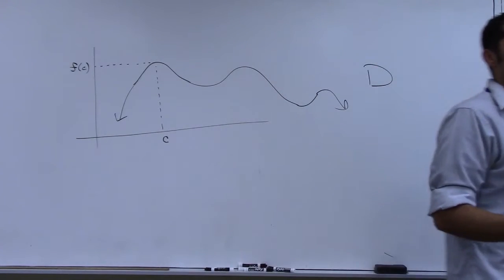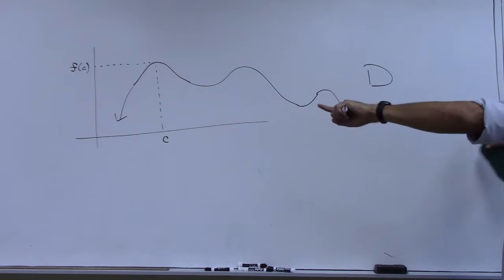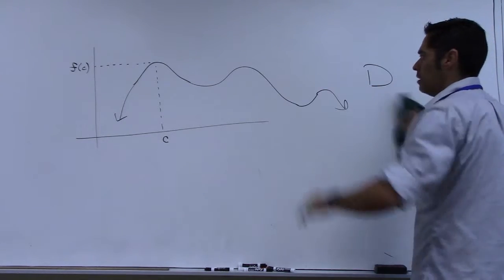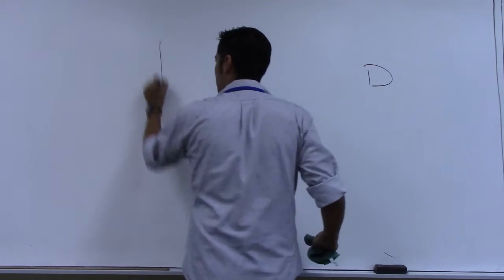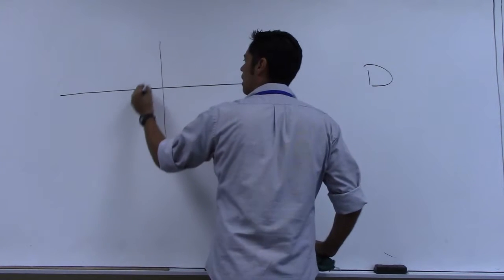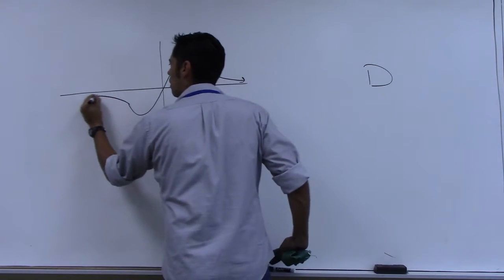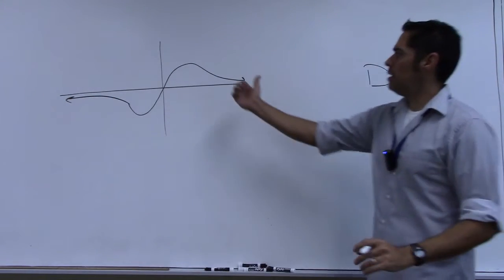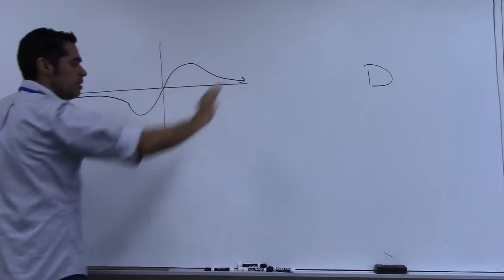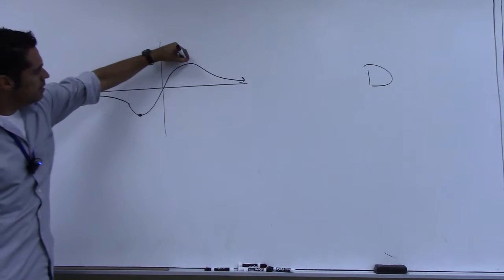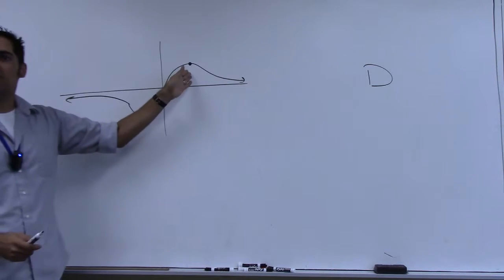Is it possible to have a graph that has both an absolute maximum and an absolute minimum if I never close off the ends? Like I make the ends go forever doing something. Yeah, I should be able to draw something like that. How about this? I'm sure I could come up with a function that behaves like this. Maybe it goes... So as you go out to infinity or negative infinity, right, the function tapers off to 0. But here and here, those 2 points, you would have an absolute minimum here, right? And you would have an absolute maximum here.